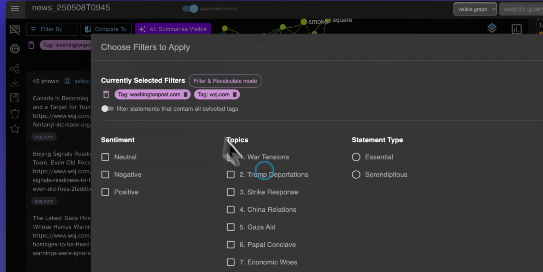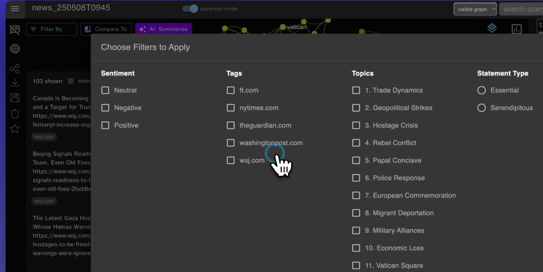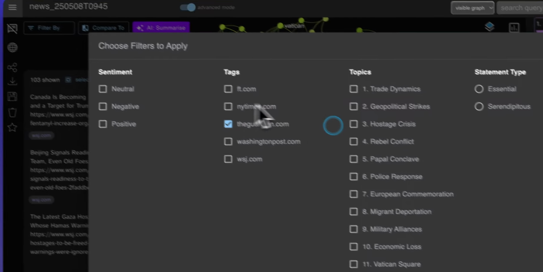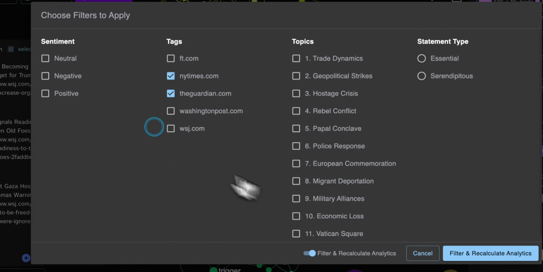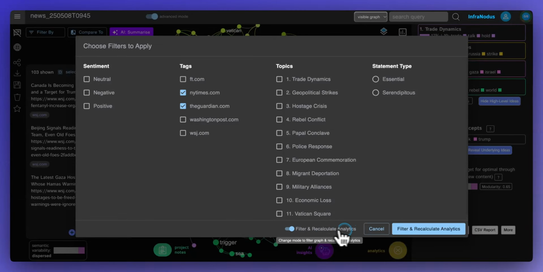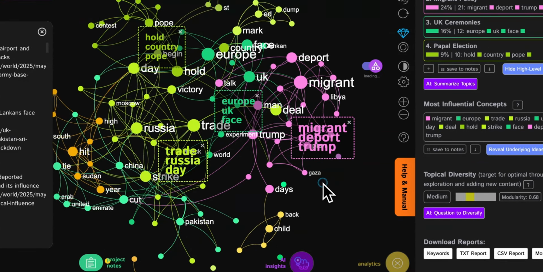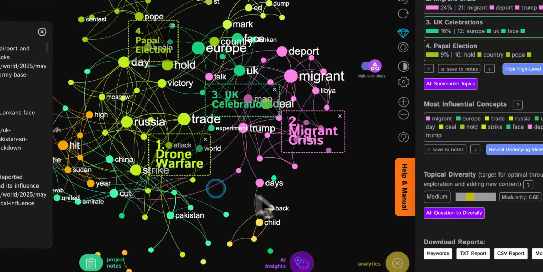And then if I choose, on the contrary, like I remove those filters here, and then I can ask it to show me what The Guardian is talking about, and for example, New York Times together, right? I select those two tags, and then I click filter and recalculate analytics, and then when I do that, it will recalculate the whole thing, and then I will see that they're actually talking more about migrant crisis,